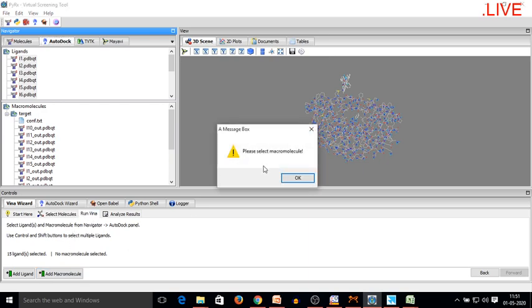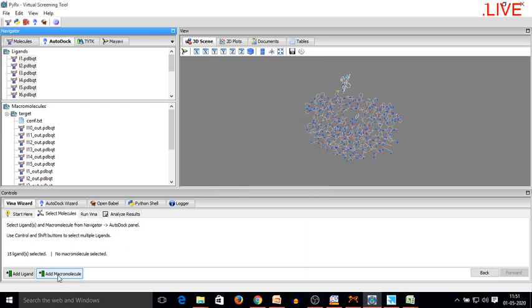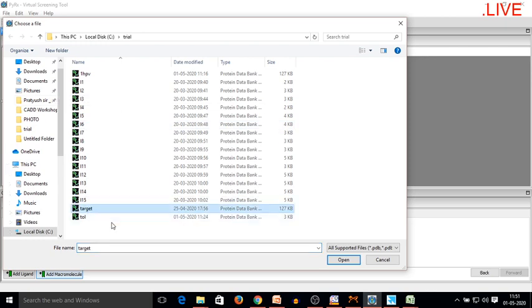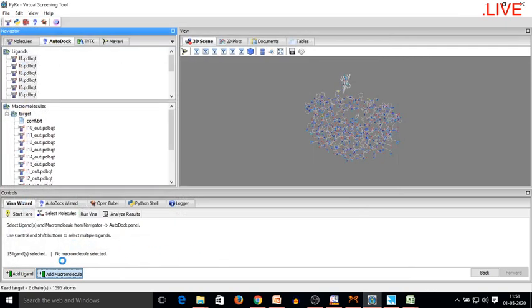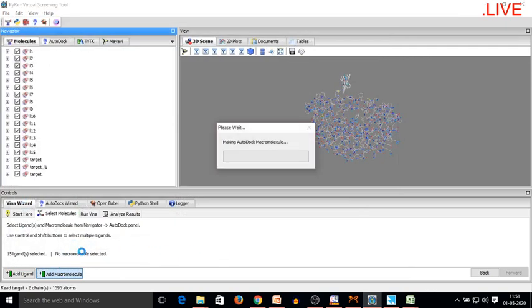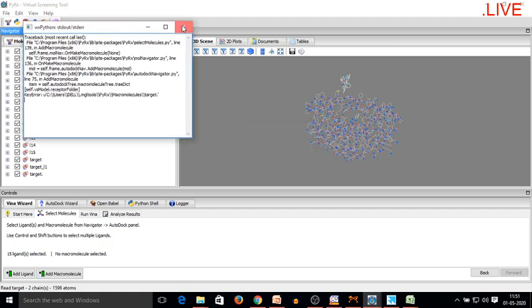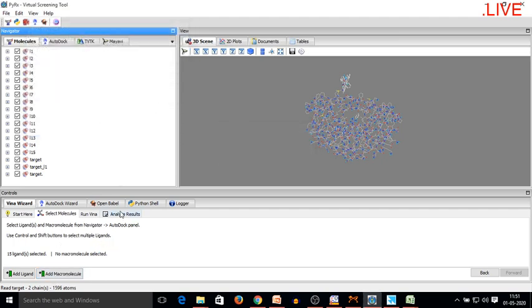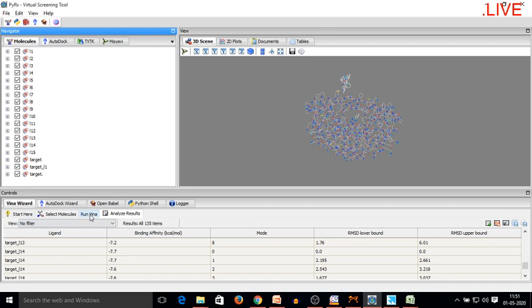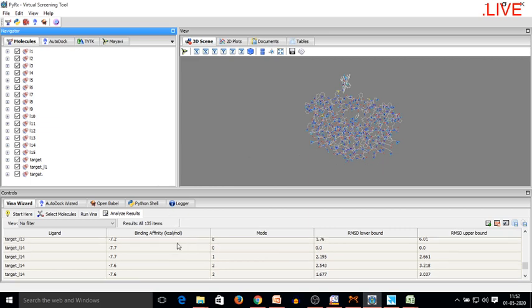Further moving on, you can see that we have stopped it, so it is saying okay. It is already available. So you can see we went to the Run Vina and we carried out the grid studies, and finally we pressed forward and the virtual screening protocol started, and the results are available to me.